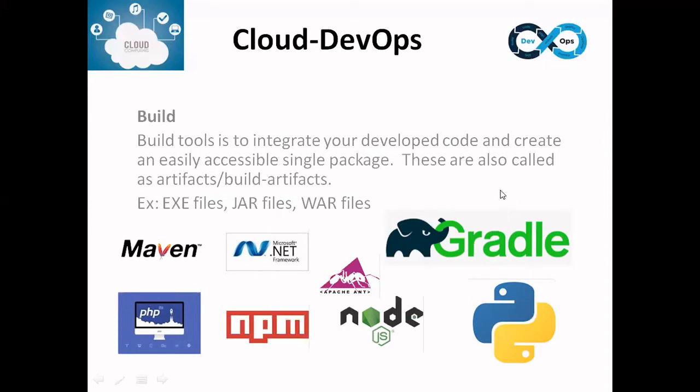And Python. In Python, we don't require anything to be built, because if we compile the program, that is fair enough, because compiled code is enough to run the program. We don't need to do any packaging work there. So depending on the technology, the build definition might change, but the main meaning of build is to integrate the code changes and create a single accessible package. That package can also be called artifact or build artifact. Once we do things practically in the command line, you will come to know what I'm exactly talking about.